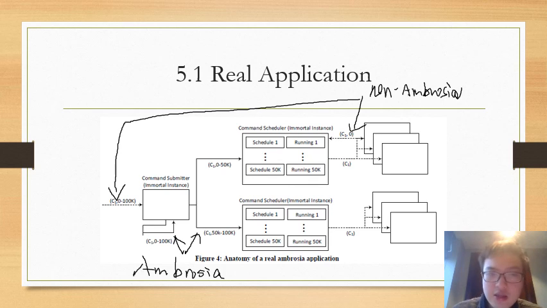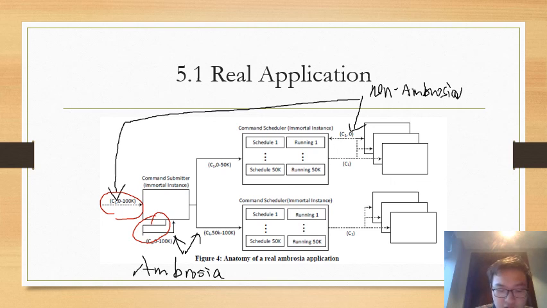Now, let me start. First, a command arrives through some web service interface. This is command 1. And after it arrives at the command submitter, there will be a self call here. This is made to make the request durable.